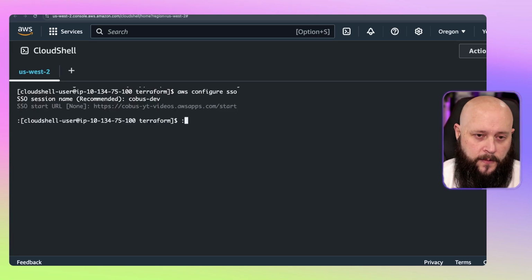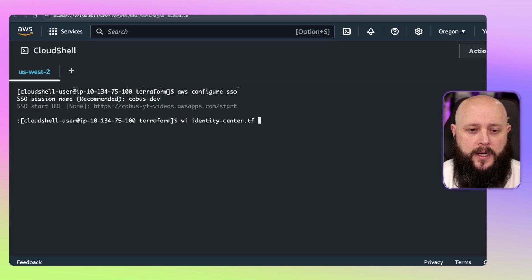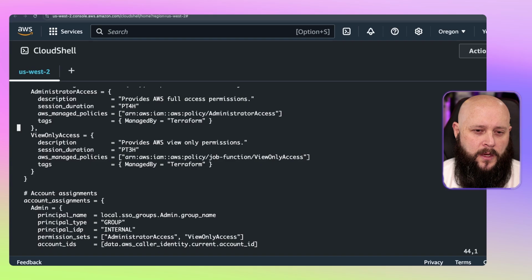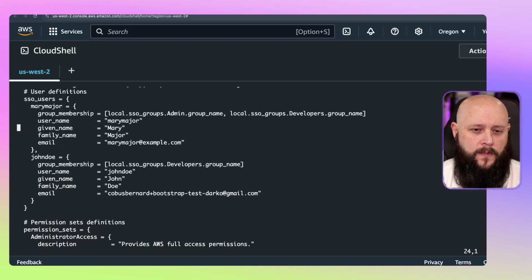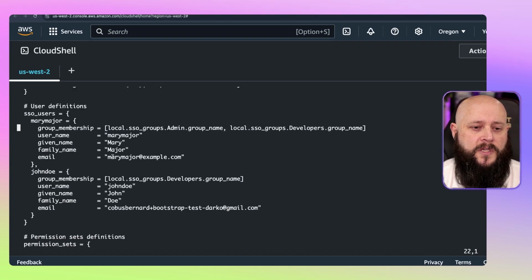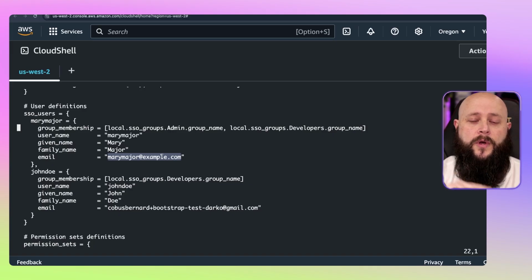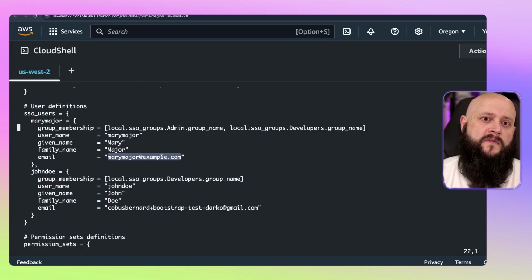So if you go and look at our Identity Center over here, you'll see I've left the top one visible. So you can see, for example, this is an example email of Mary Major. So you would use that email to log in and reset your password. And then once you're logged in, when you complete that configuration of your CLI, you'll then run aws sso login, and it'll redirect you to the browser to check if you want to enable access to your session, and then you are good to go.